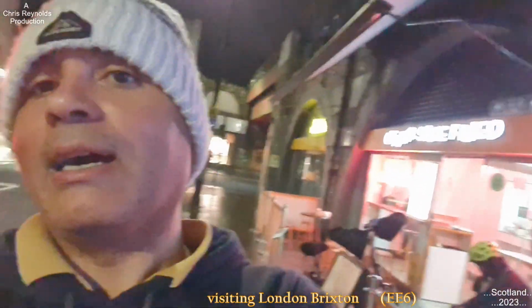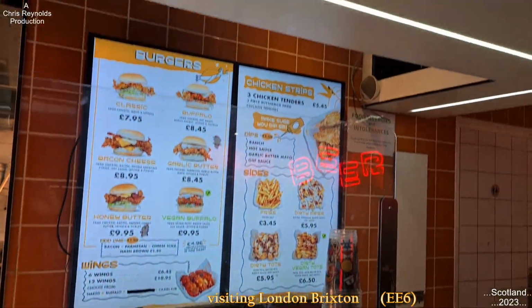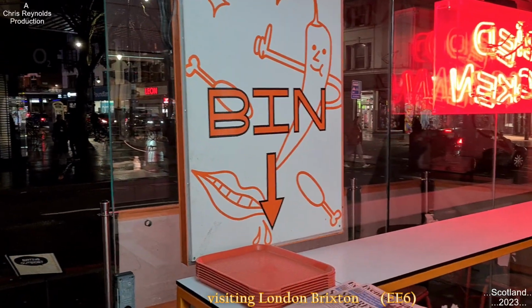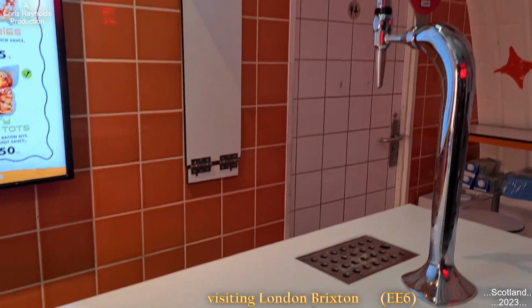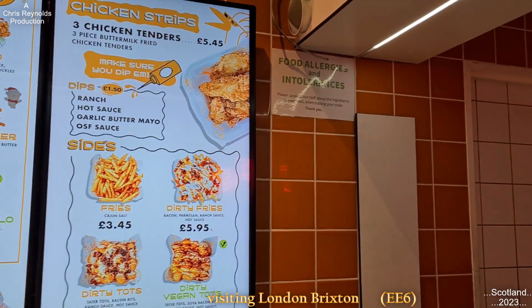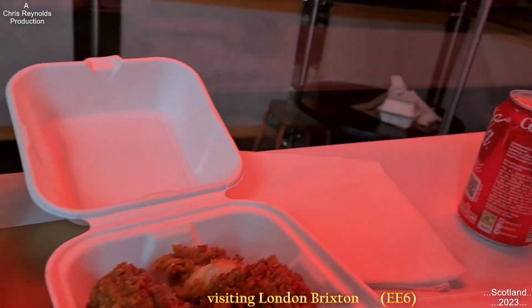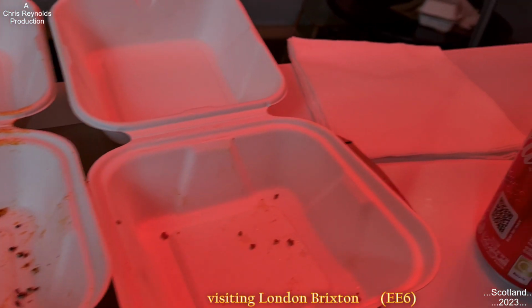So that's where I'm going to get my tea. But going on 20 to 10 at night, it's late tea, but I always eat it anyway, so it doesn't matter. I was like, oh, I love Korea. So that was tasty. So I'm going to get myself back to the car then and get back to the